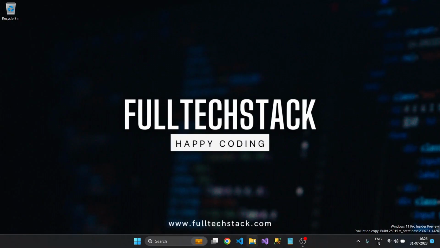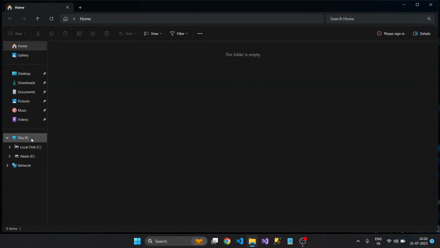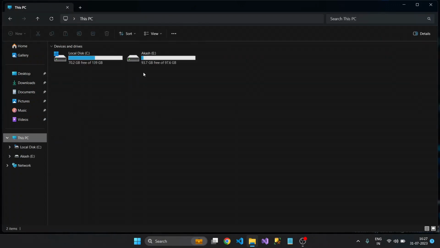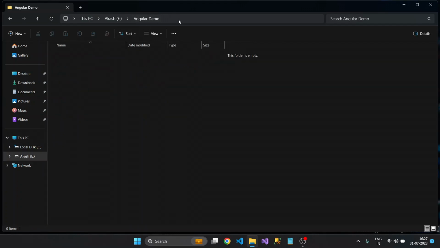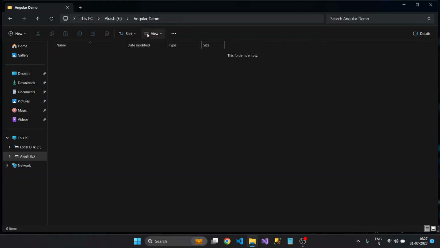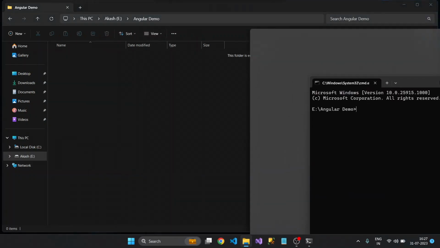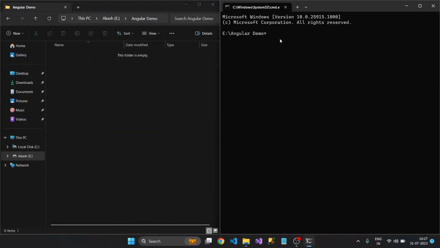Now that we have all things in place, first of all, navigate to the folder where you want to create your first Angular project and open CMD there. For opening CMD, I'm just typing CMD in the address bar and it will open the CMD for me. Once it is open, now you can simply type command ng new,